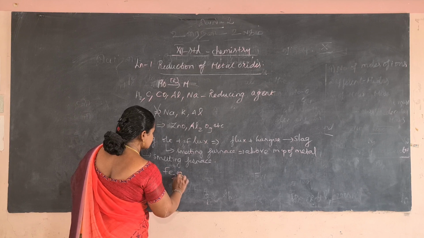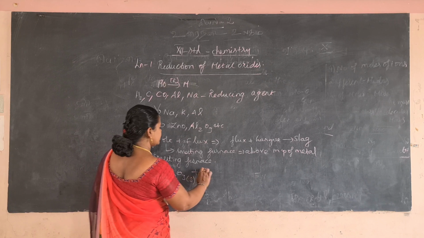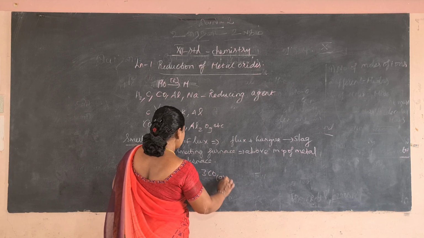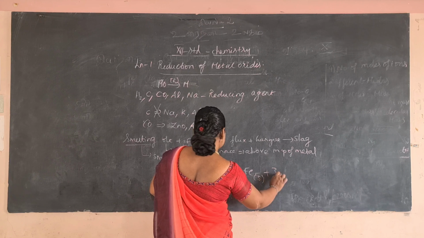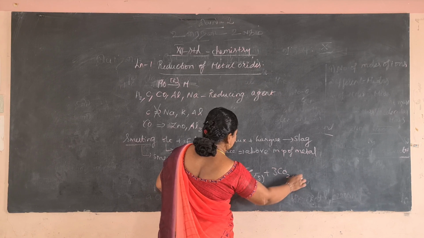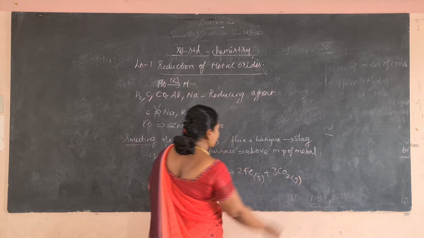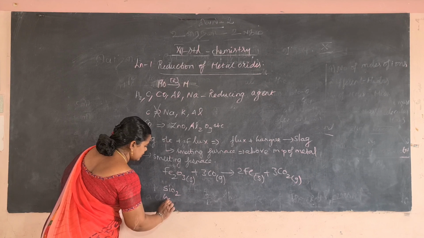Some of the iron oxide, in the presence of carbon monoxide, will be converted into iron solid plus 3CO2 gas. And if some acidic impurity like silicon dioxide is present, that is gangue,